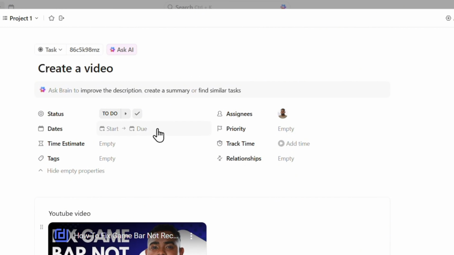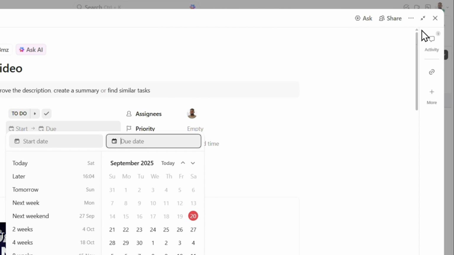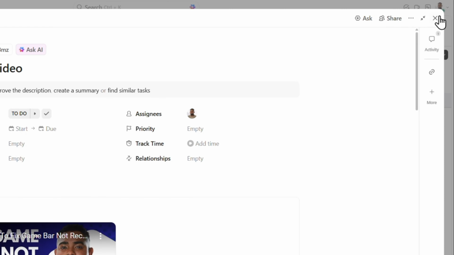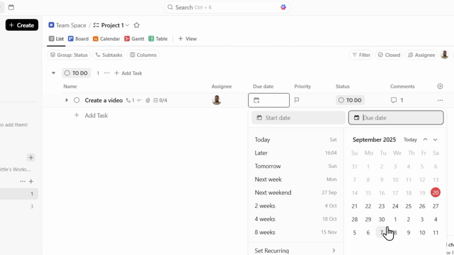As for this video here, the original task itself, I can click on it to set the due date from here, as I mentioned, and I can set it from here. Or if I click out and go to where I have all my tasks, I can set a due date for this. And I'm going to do the same here by set the due date for the 30th of